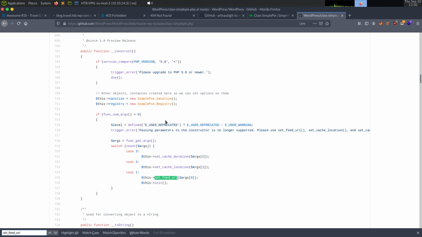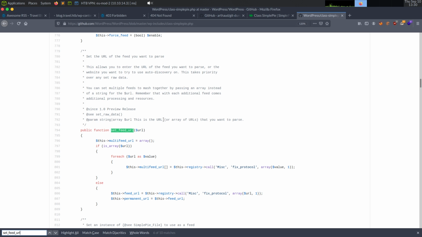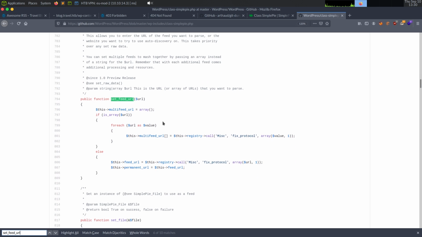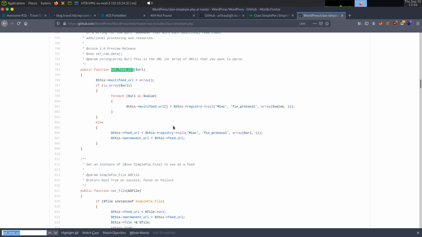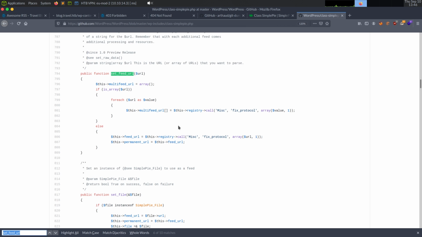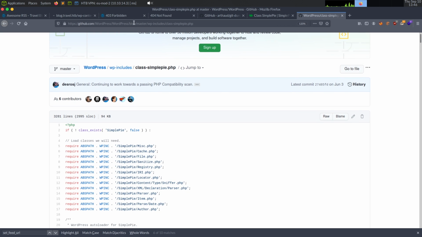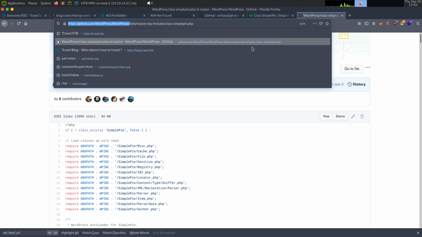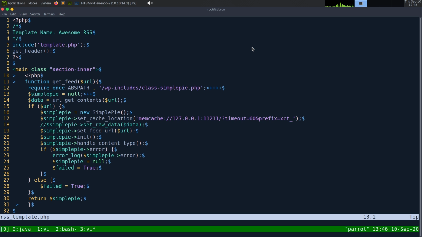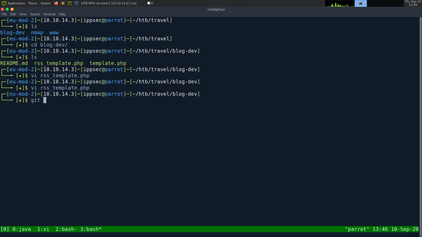Please use set feed. Here we go. And this doesn't look like it's what we want. So let's go to the very top of this. And actually, let's see if I can pull this down real quick and then we can open up Visual Studio Code. So let's do git clone,